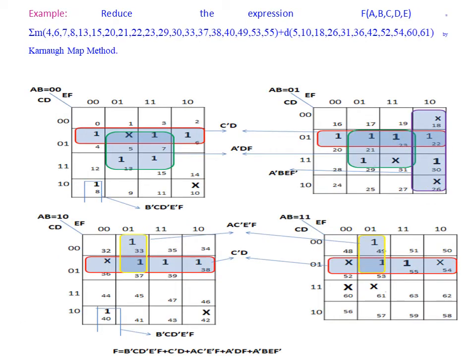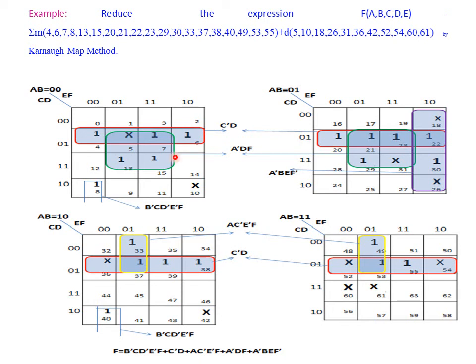In this example, we are reducing the expression with don't care terms. So now let's see the common grouping between all K-maps. The red color grouping is common for all the K-maps. The remaining groupings are not common to all the maps. Now let's write the expression for the red color. Here the red color grouping is common between all the K maps. So the AB term is eliminated. So the term is C bar D.